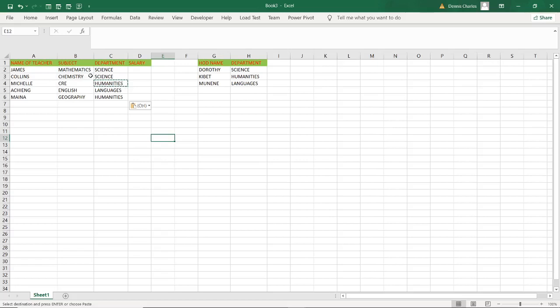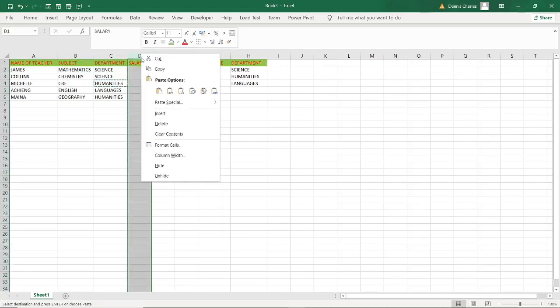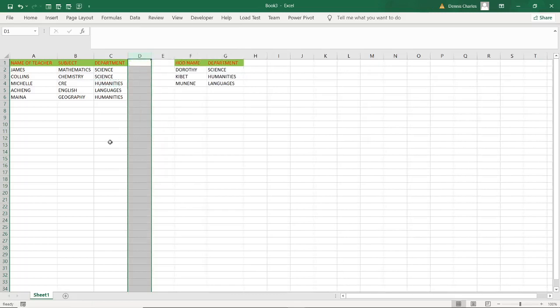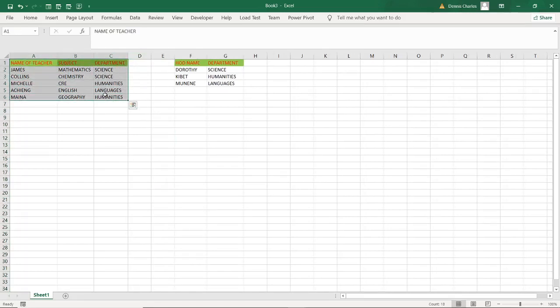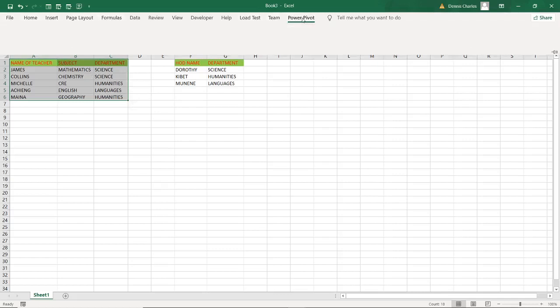So I want now to link the 2 tables. And what you do for you to link these 2, you make them first of all. I can give the salaries and even the salaries in this other end if you wanted, but there's no need. I can even remove this, delete that, so that I have now just that. So if I talk about that, I'll have to go now to pivot.